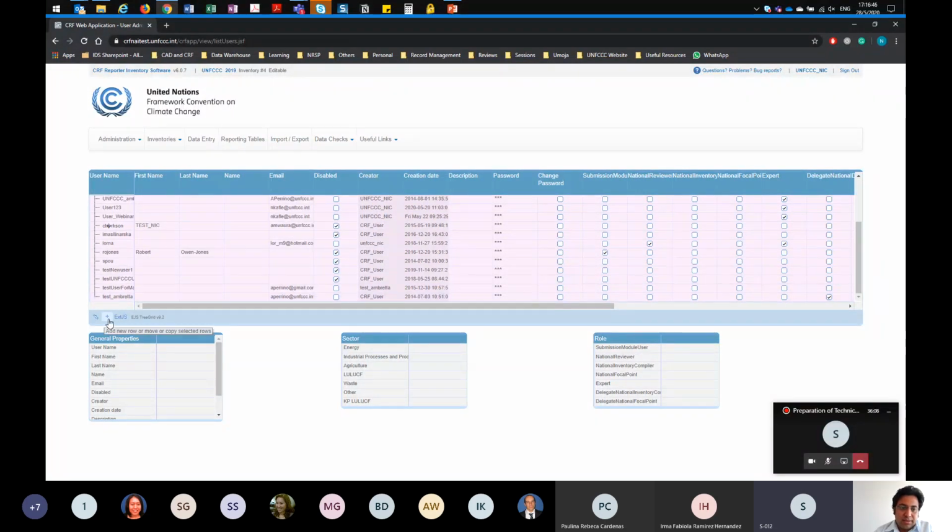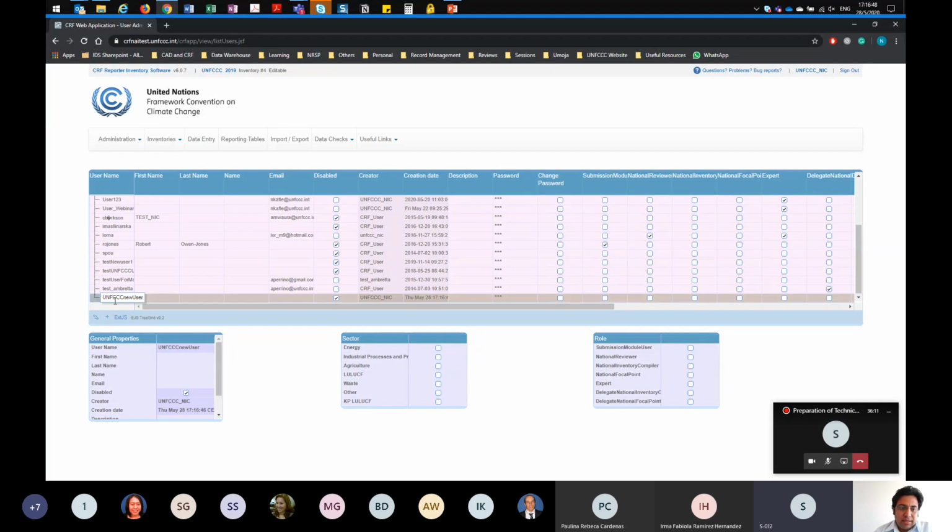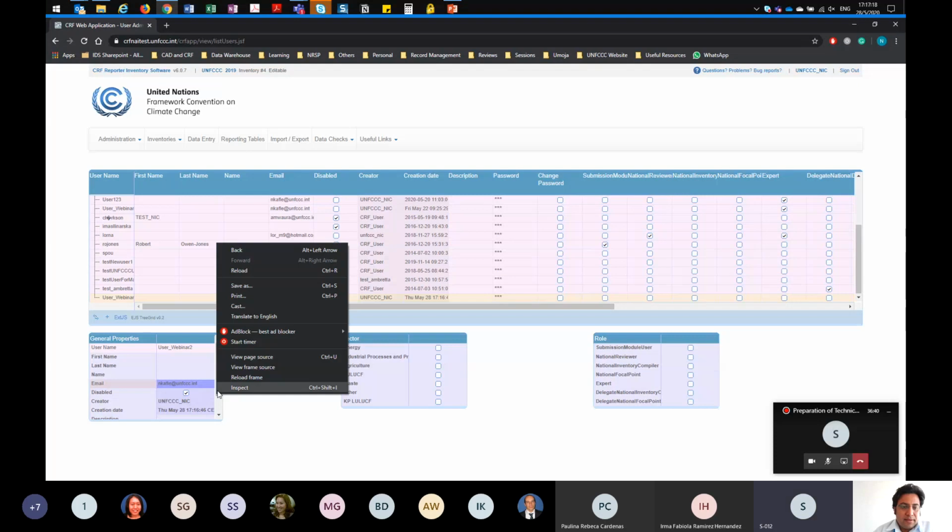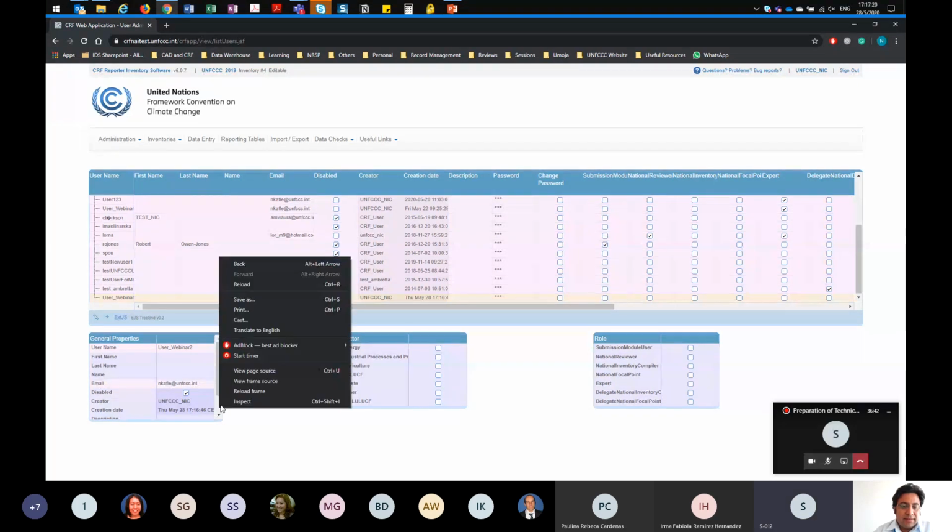So in order to add a user, you click on this plus sign. So then you will have a new row added to the table here. So for that one, let me add a user. So the user that I'm adding is webinar 2. Then the email that would be associated with that user. So let me add my email. So I have added the user,